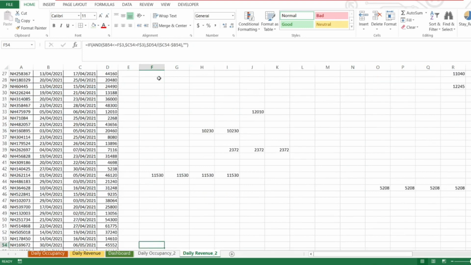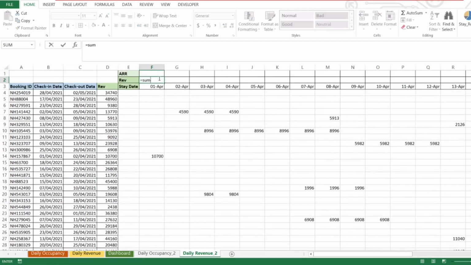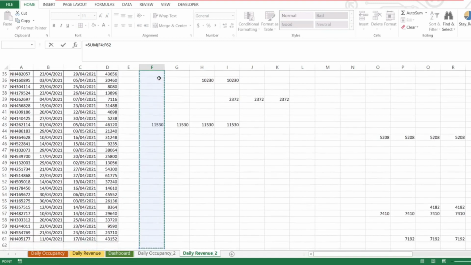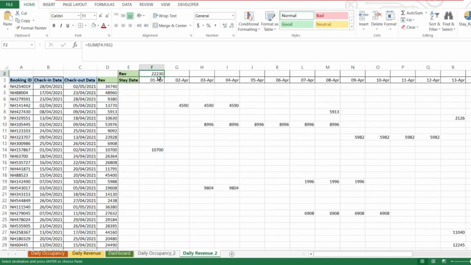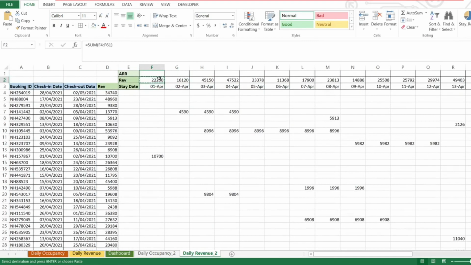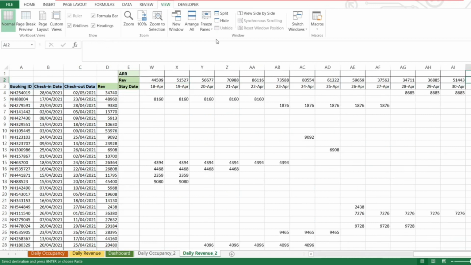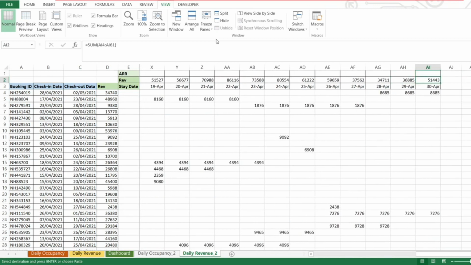It gives me the daily revenue over here in this chart. So what I need to do is simply, for all the days, sum it over here. I'll sum this entire column and let's see what the results are. Here you can see I'll apply this formula for the entire calendar dates and I have got the daily revenue for each particular day in Excel. I'll just fix this particular row. I'll freeze this pane and if you can see here, 1st of April, the total revenue generated is 22,230 and it goes up till 30th of April. On 30th of April, it is 51,443.